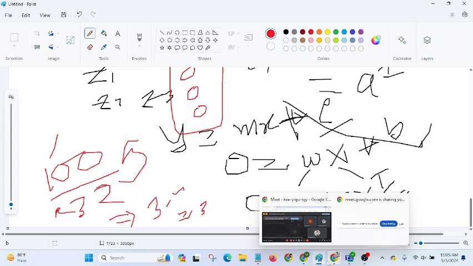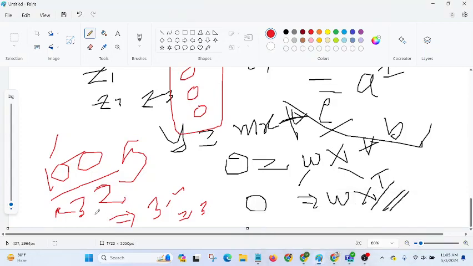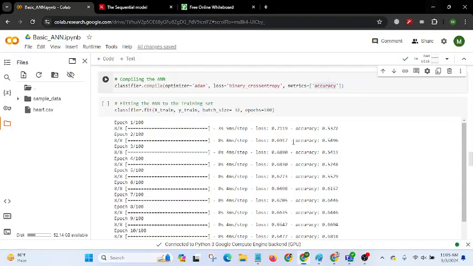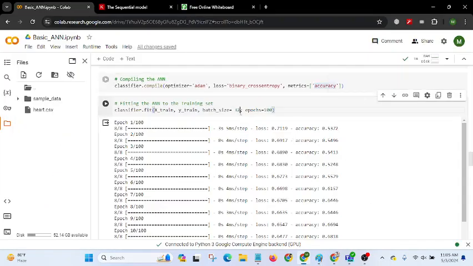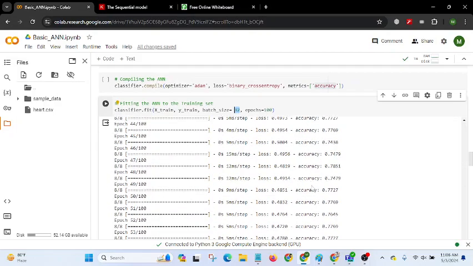So in each loop, 32 rows are passed together, and inside each loop the data is passed 3 times. We can also increase or reduce the batch size depending on the output logs. And